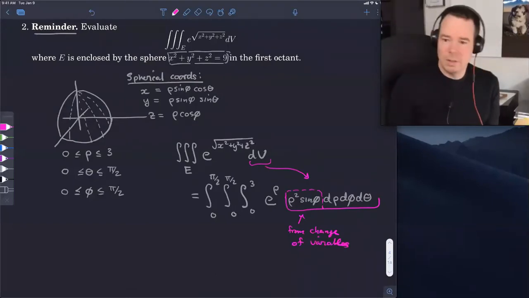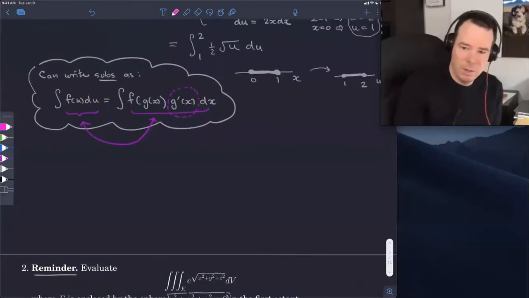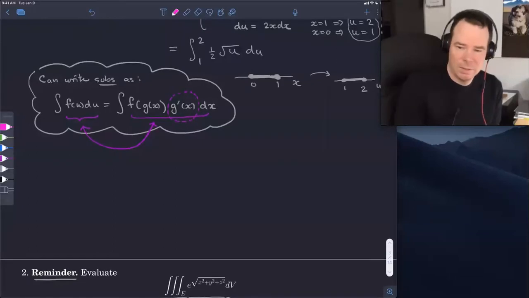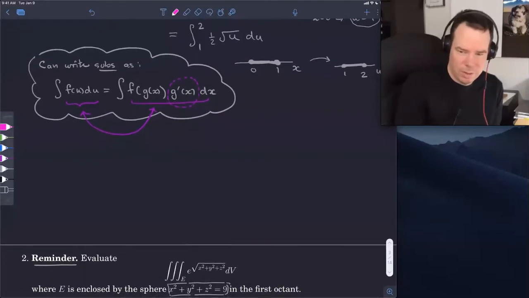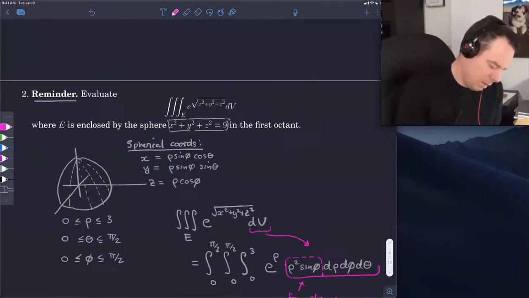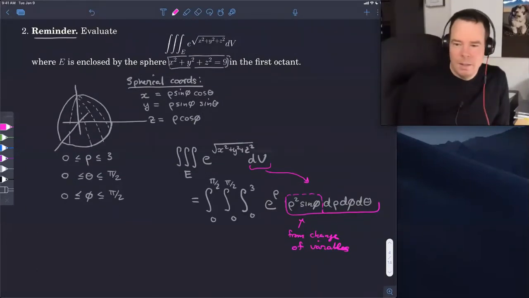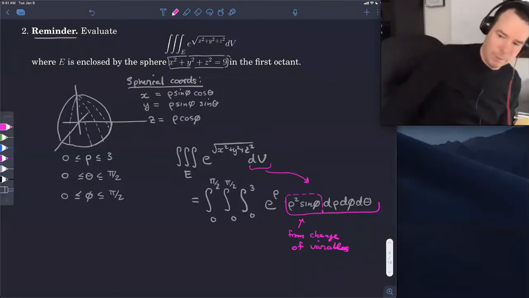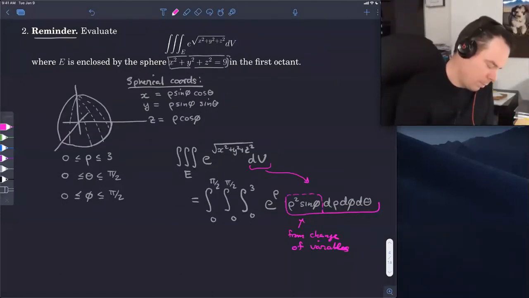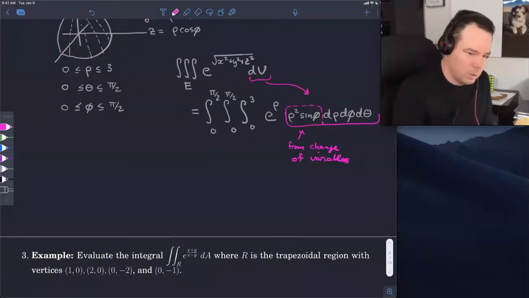It is essentially playing the analogous role of that g prime that's sitting up here in our substitution case. We changed the u's to x's, and we had this extra g prime that appeared in front of the dx. That's what this rho squared sine phi is playing the role of. And so we always have to put that in there because that's a part of the change of variables, but we're going to see today where that could potentially come from, or where it comes from in general. Okay, so that's one of the things we want to answer. So now let's have a look at